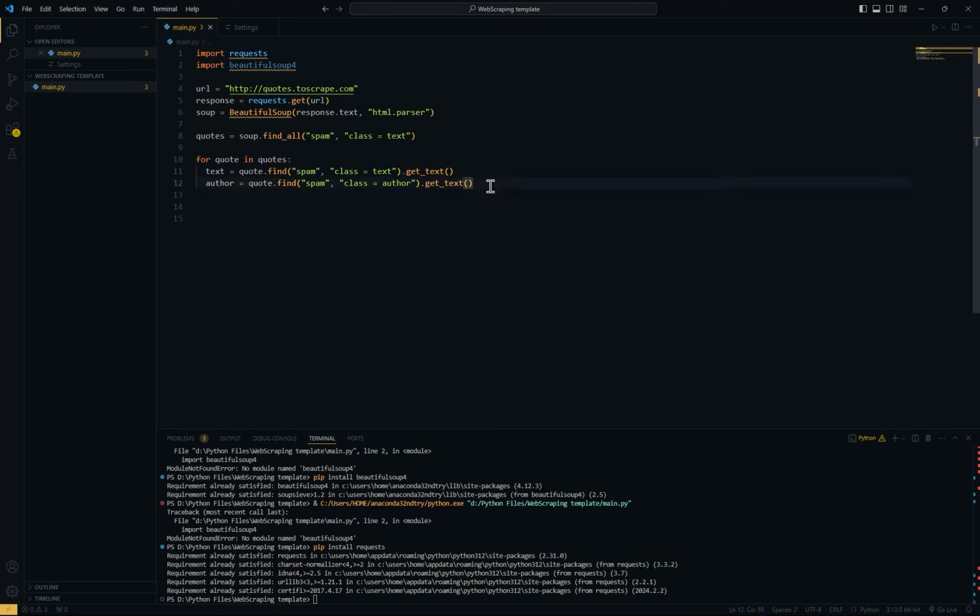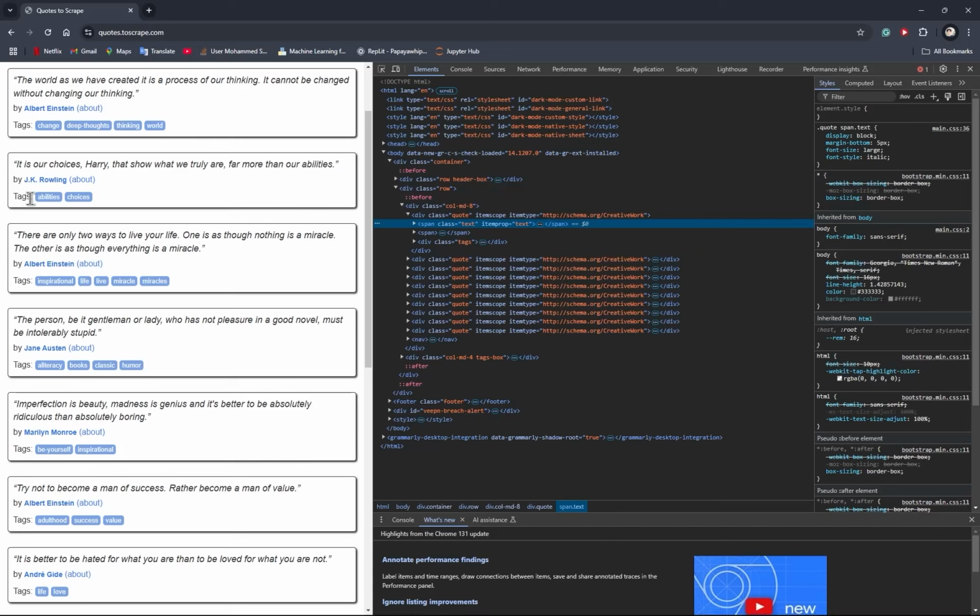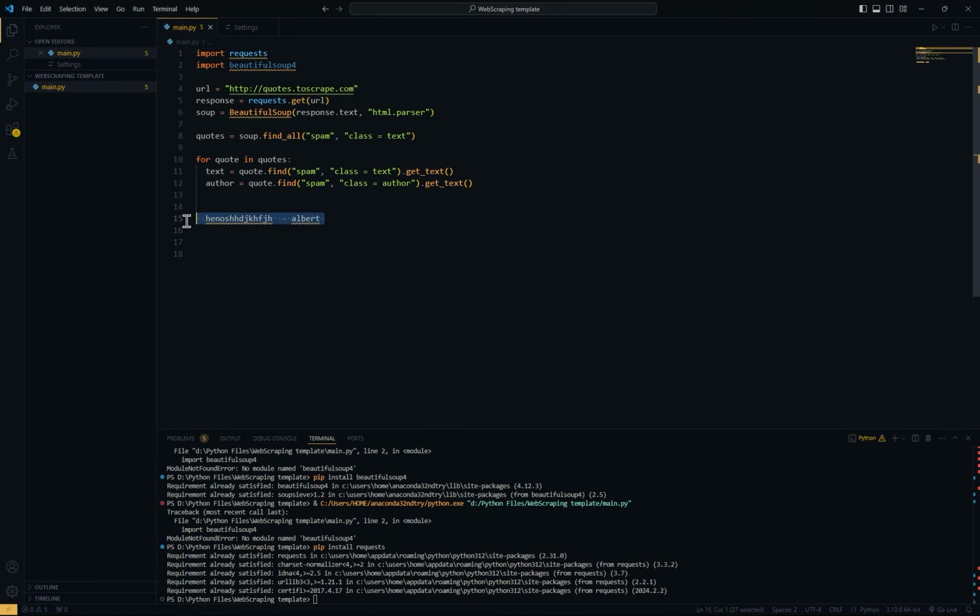Now under here we wanna print all of it, so we wanna have it so when it prints, the quote is gonna be honesty blah blah blah. This is gonna be the quote here, and then we wanna have it like this. We're gonna have it say here by Albert Einstein or something. So it says the name of the person that said the quote in a dash here, so it looks better. So this is how it looks like in the website. So yeah, we're gonna make it look like that. So here we're gonna say